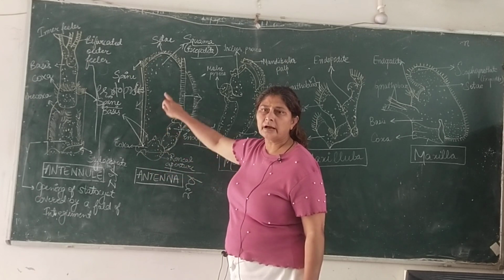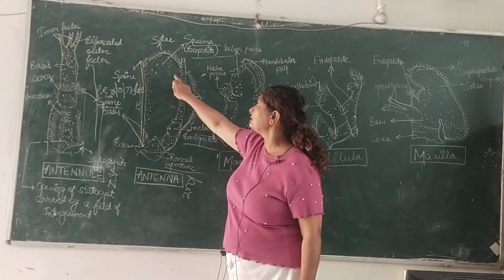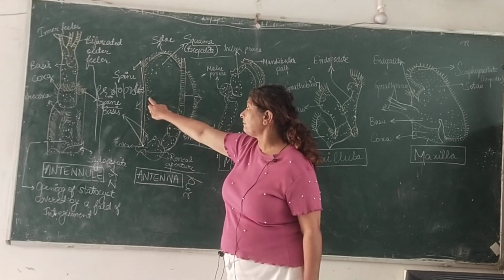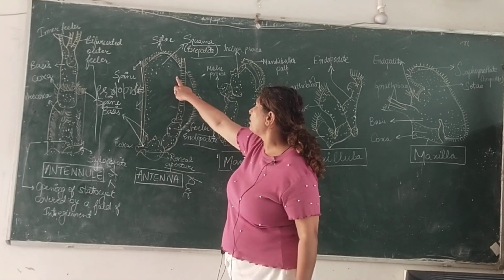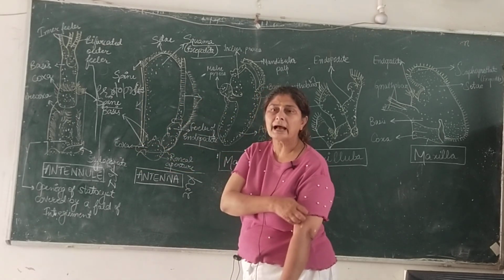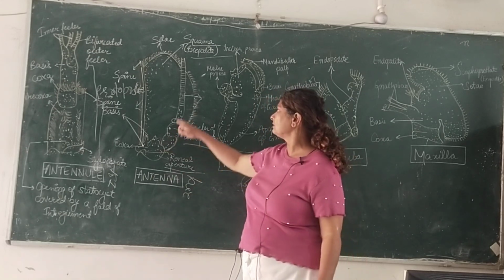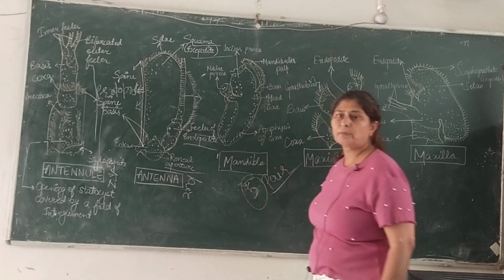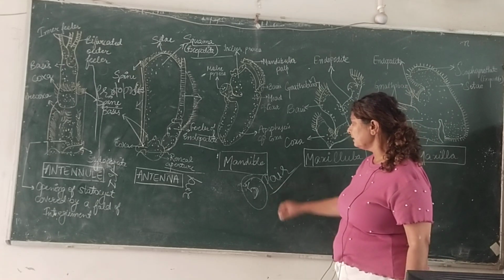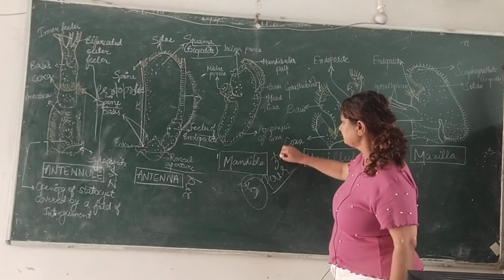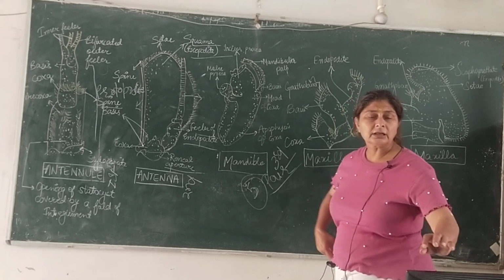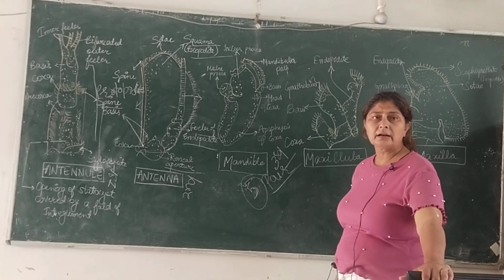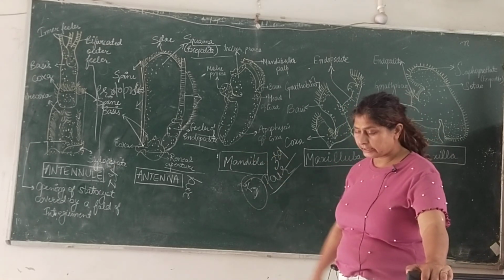प्रोटोपोडाइट, एक्सोपोडाइट, ए वाला हिस्सा, ओ ए वाला नहीं, स्पाइन लाइक वाला नहीं. दिस इज कॉल्ड स्क्वेमा, इज कॉल्ड एक्सोपोडाइट, और दिस फीलर इज एंडोपोडाइट. दिस इज सेकेंड. देन इज थर्ड वन, मैंडिबल. थर्ड इज मैंडिबल. Its function is